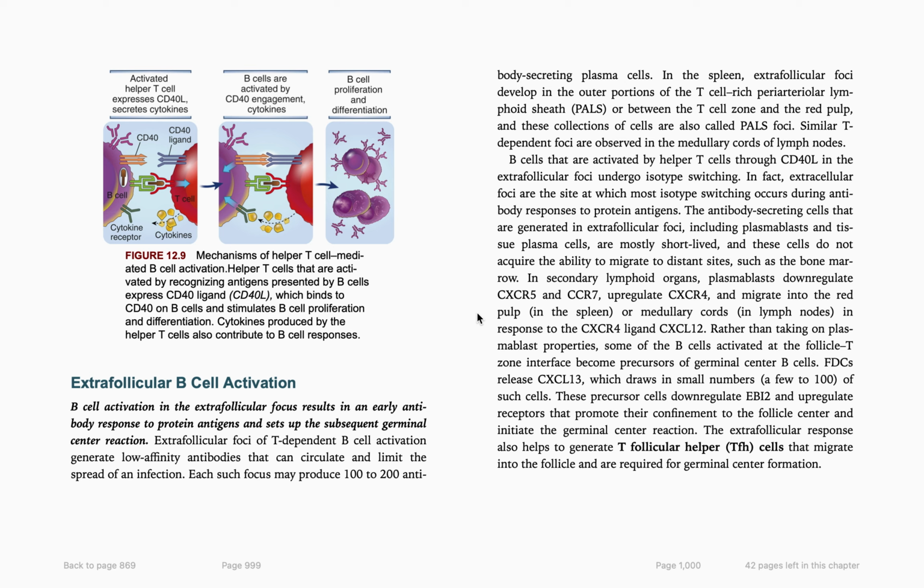In secondary lymphoid organs, plasmablasts downregulate CXCR5 and CCR7, upregulate CXCR4, and migrate to the red pulp in the spleen or medullary cords in lymph nodes in response to the CXCR4 ligand,